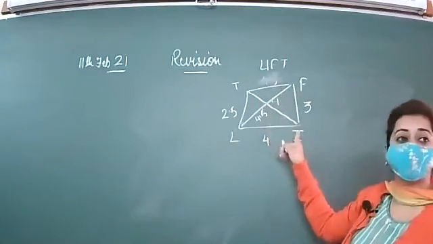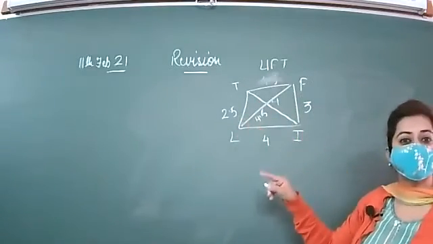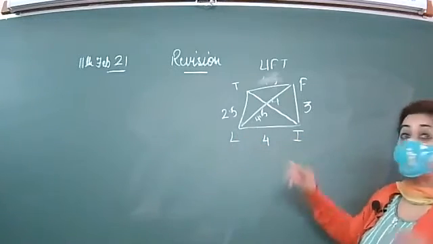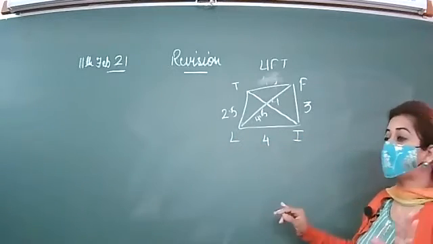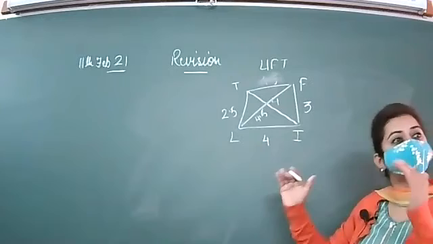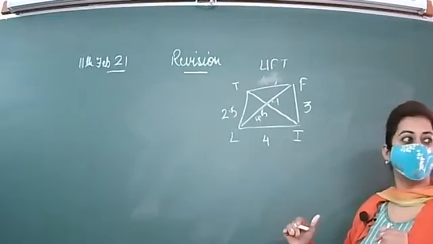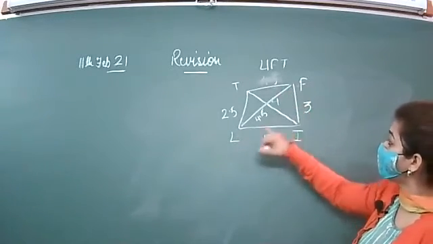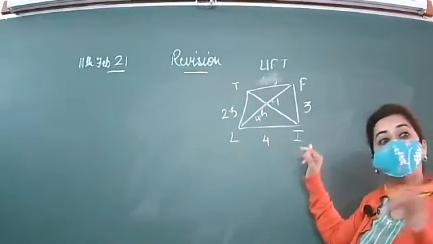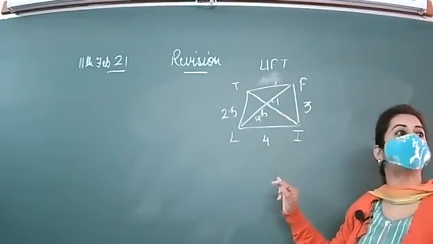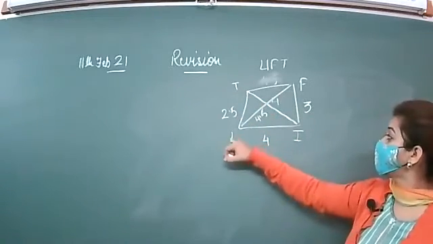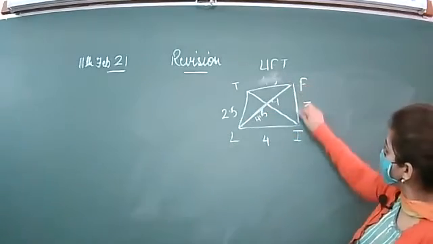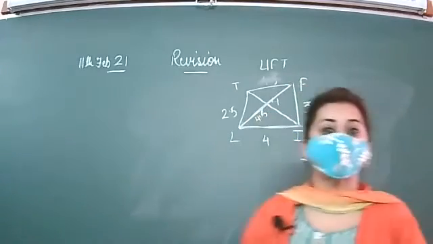Now 2 diagonals are given to you and remaining 3 sides are given to you. So firstly, you can see that 2 triangles are there. Now name the triangle which is on the base. LIF, and the another one TLF. Both are on the base. So you can construct any one first. So construct LIF first. These 3 sides are given, this, this and this. So construct this triangle first.